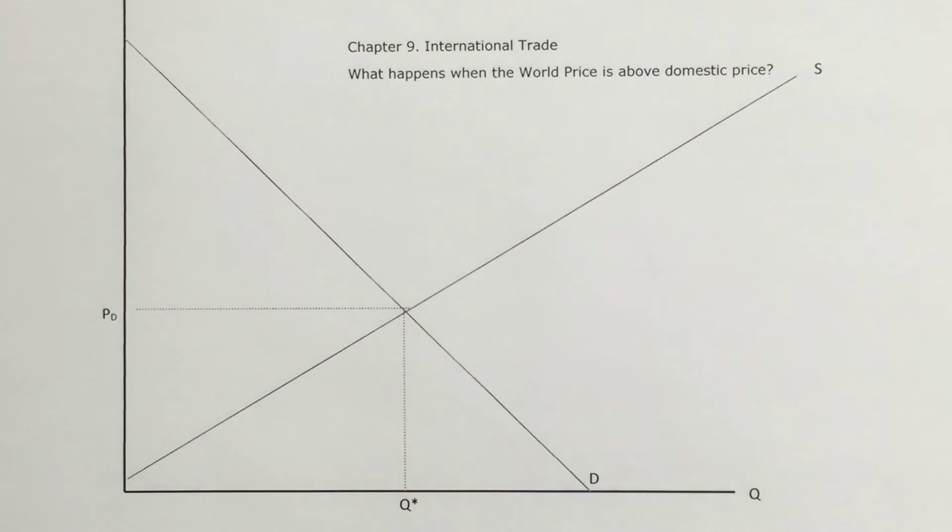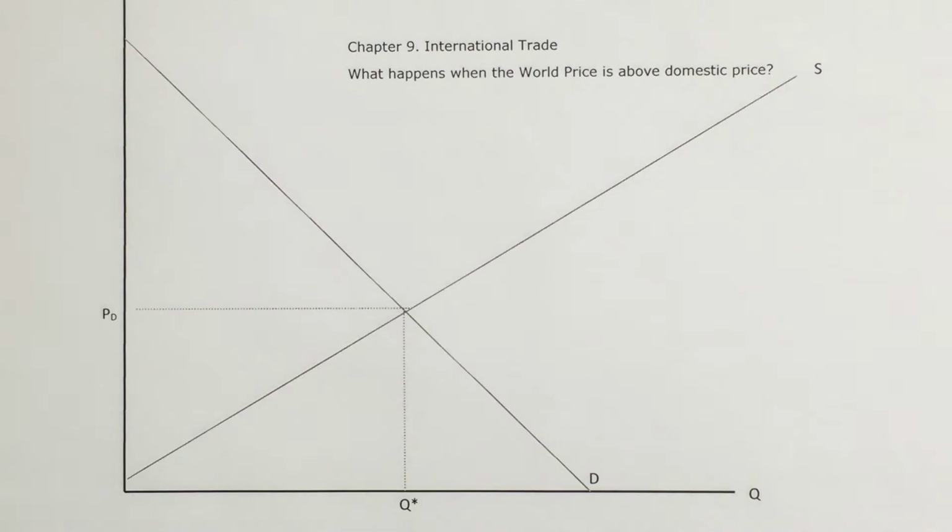All right, we're now going to look at what happens to our domestic market, which could be a competitive market, when it now opens its borders to international trade. And that's kind of the purpose of Chapter 9. One thing we learned from the 10 principles of economics is that trade can make everyone better off. And now we want to identify why that is the case. In Chapter 3, we did a little bit of that with comparative advantage and PPF. Now we want to look at, in a sense, surplus as a measure of being better off.